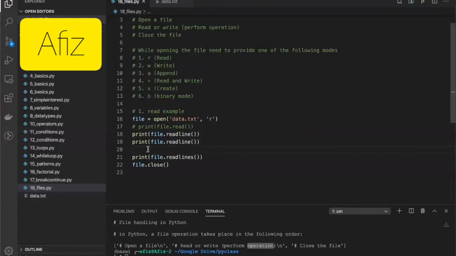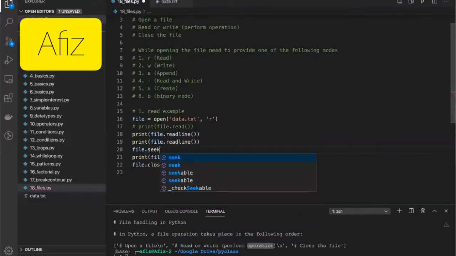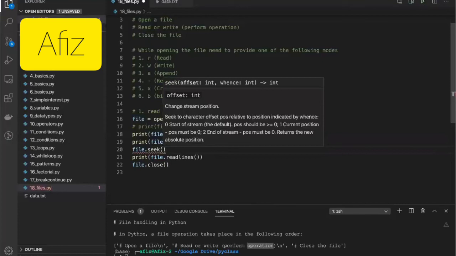So the file pointer will be moving after performing every action. Now you might be getting ideas how I can read from the beginning. I already read two lines, but again, I want to start from the beginning of the file. For that, Python provides a function called seek. For this seek, you need to provide the place from where you want to start.